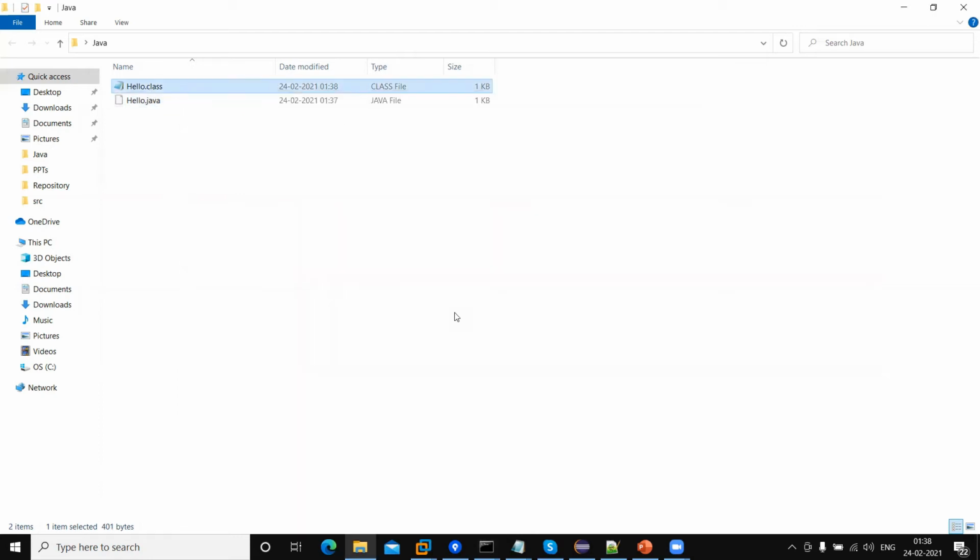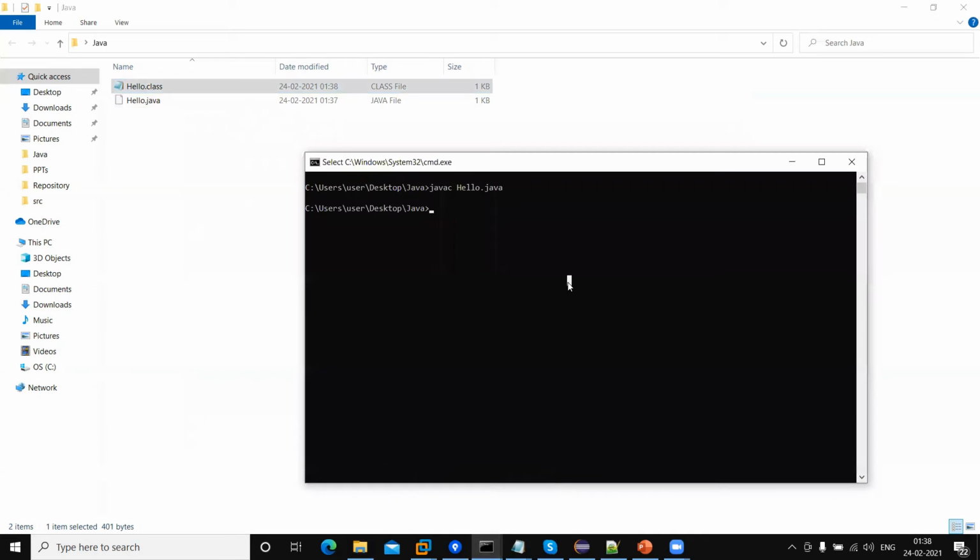Because our Java code will not execute directly. What we need to do first is compile that Java code, and it will be converted into bytecode by the compiler. Once it is converted into Java bytecode, we can execute it. So what command do we need to use? We need to use java to run the class, and here we give only the class name, like this. You can see now I am getting the value Hello. So using javac, we can compile the Java file, and using java, we can execute it.